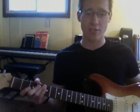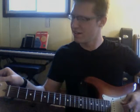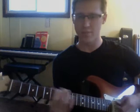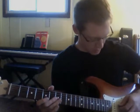Tune your guitar to D. The way to do this, I'll tune it back to E first, so you have it in E, standard tuning. To drop it to D, hit the third string, hit your lowest string,